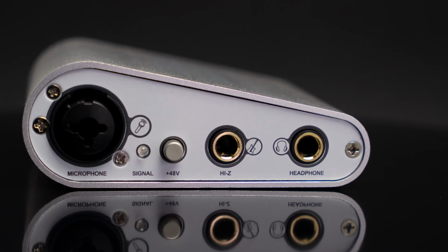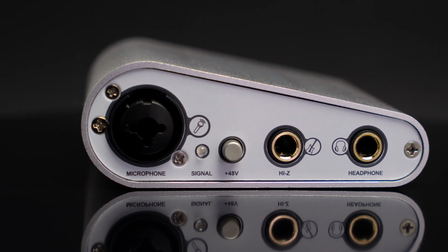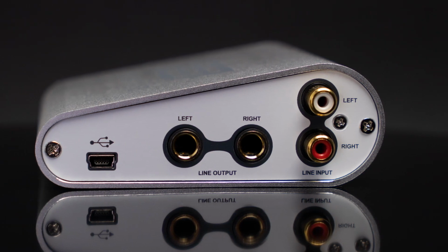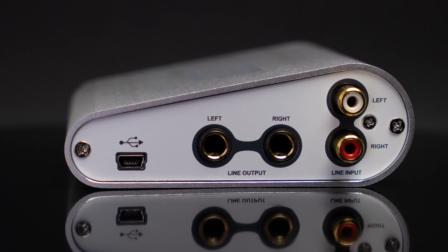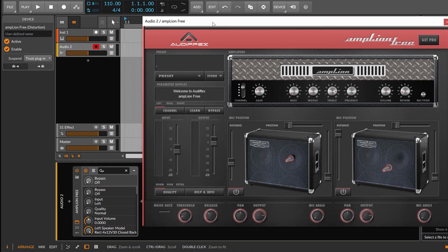Speaking of interfaces, this is where Maya 22 USB comes into play. This little box here helps you to transfer the sound of your guitar into your computer and also converts your analog guitar signal into digital and back to analog again, so that you can hear what you recorded. You need studio headphones or studio monitors to hear what you're recording. And to create an individual guitar sound, it's a good idea to use a plugin. We'll show you how to use Amp Line Free, since it comes with the Maya 22 USB and with many other ESI audio interfaces for free.